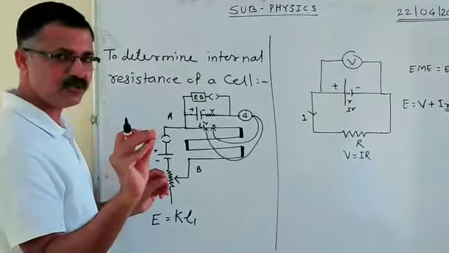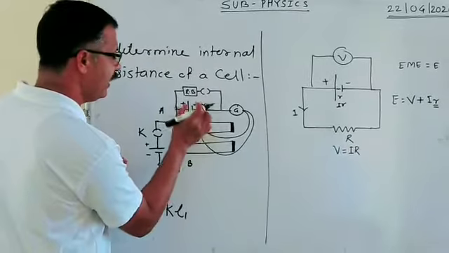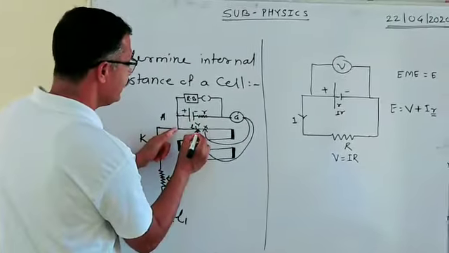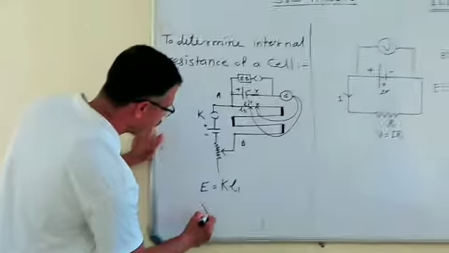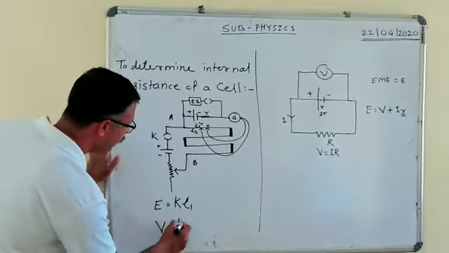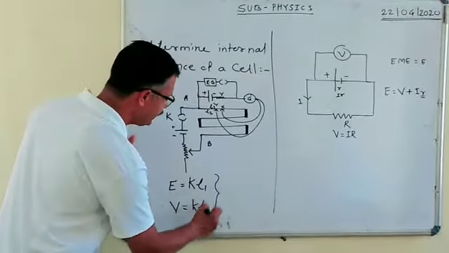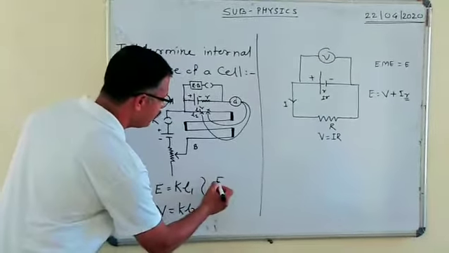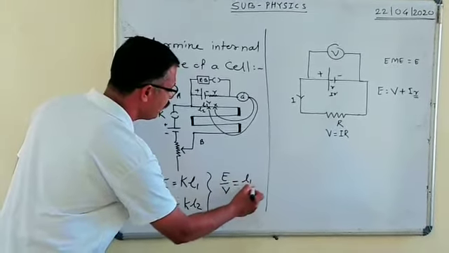Some amount of potential difference is dropped across the internal resistor. Hence, let us consider this AY as L2. Hence, we can write that the potential difference V is equal to K L2. This can be written as, the ratio of these two, E upon V is equal to L1 upon